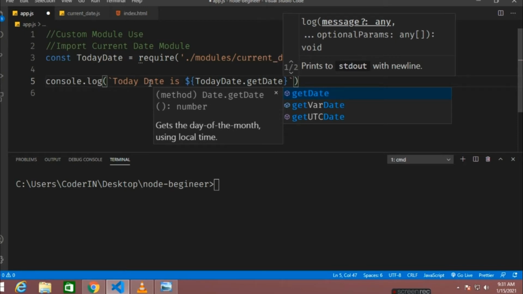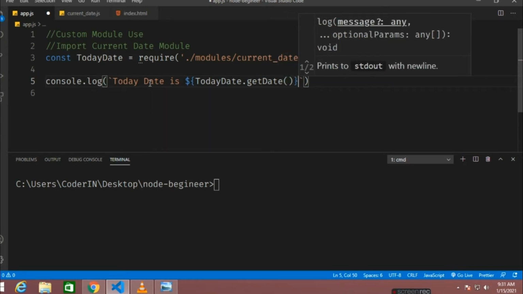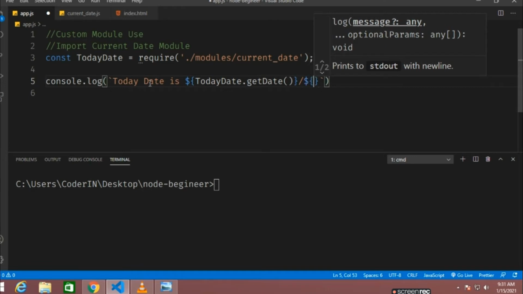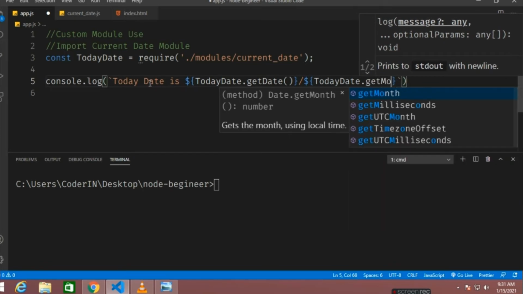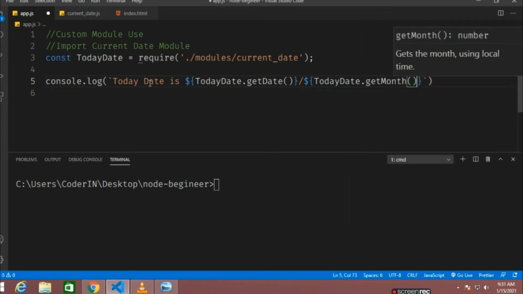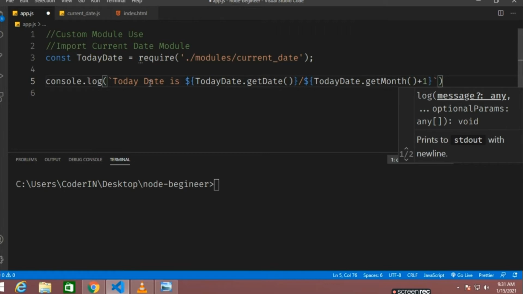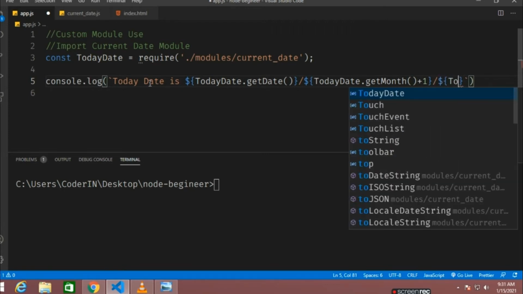Now I'll be giving a forward slash for the representation to look much more formatted. So this is the thing. Date dot getMonth, forward slash, today dot getFullYear.